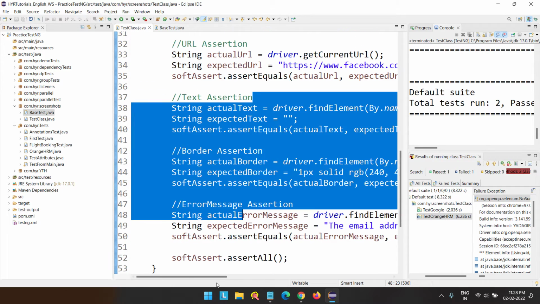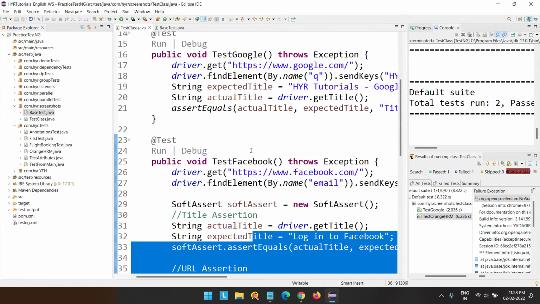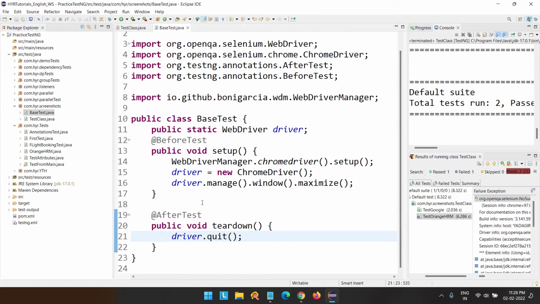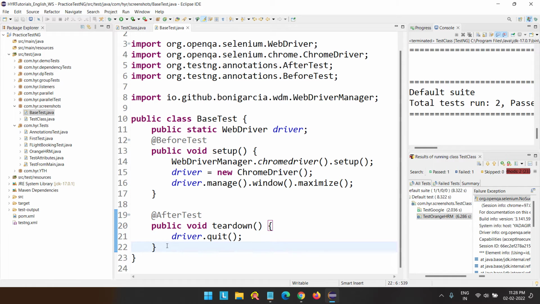And the Facebook one also will definitely get failed because I have added this very long back and I know this will definitely fail. So now what we need to do, we need to capture the screenshots using the TestNG listeners. Only when the test is failed, during that time we want to capture the screenshot, correct? So before that, first let's add the capturing screenshot code here. So you can create any utility function or you can place that code inside the base test also, fine. So I'll just add the method inside the base test. I'll mention capture screenshot,